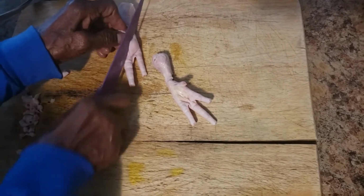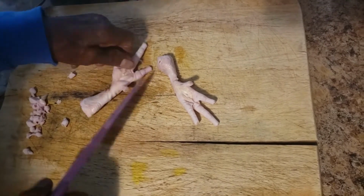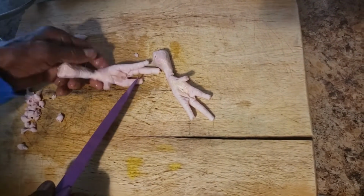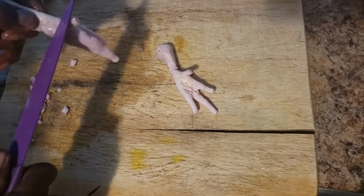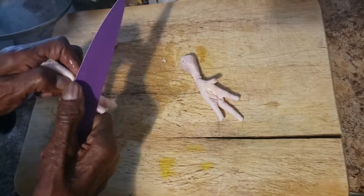So we're gonna clean this up, wash it with some lemon or lime with some vinegar, and we're gonna come back and show you the finished product, and then we're gonna show you how we're gonna do our chicken foot soup. Okay guys,